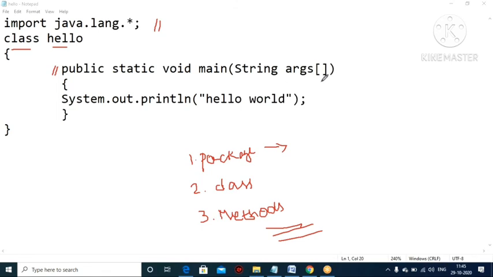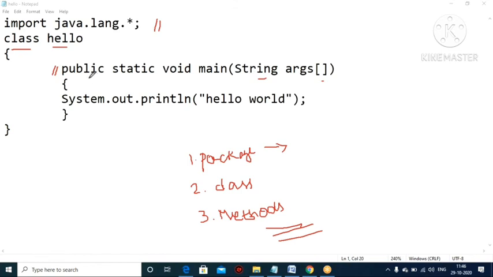The square bracket represents an array. Why do we give String here? If you give any line or any text, it will take a maximum of one line and print it. So I am using String.